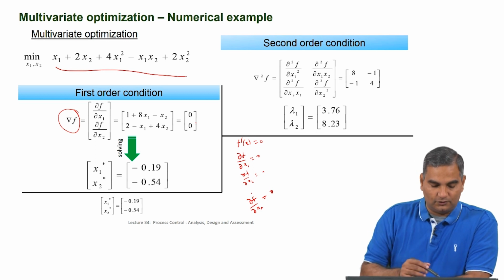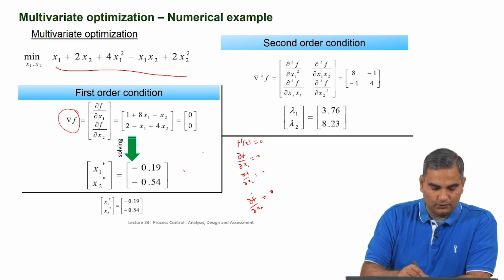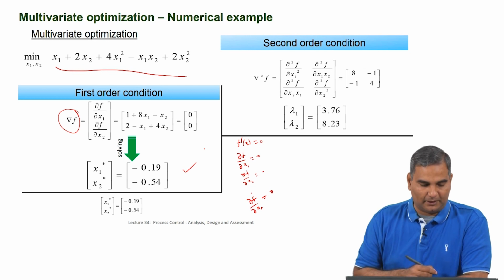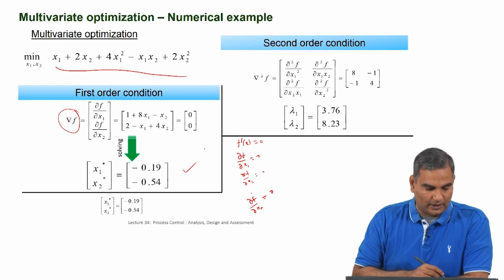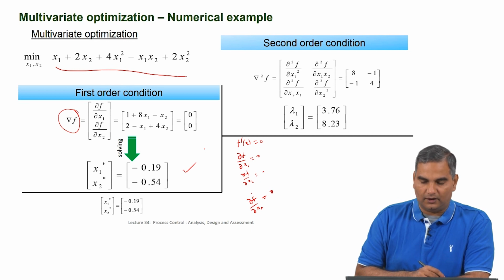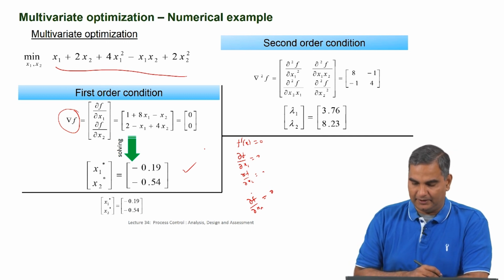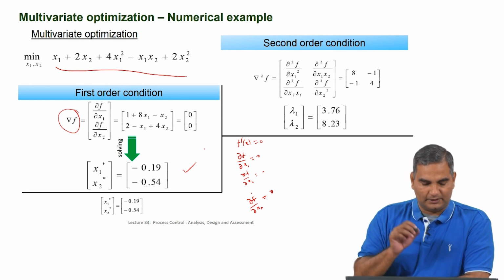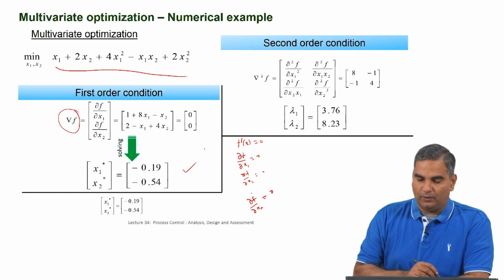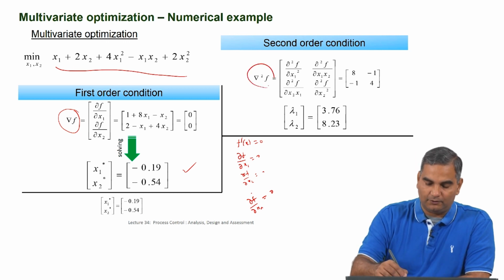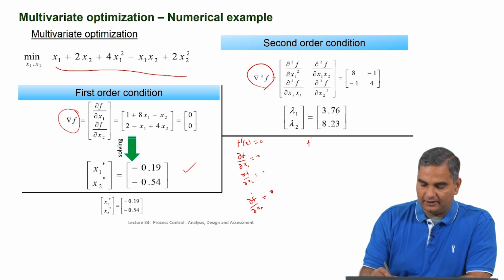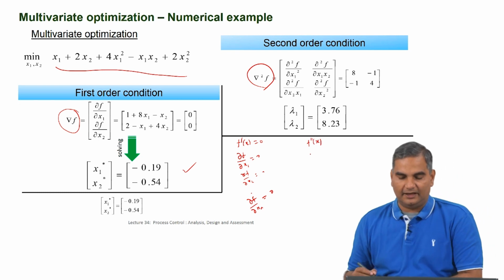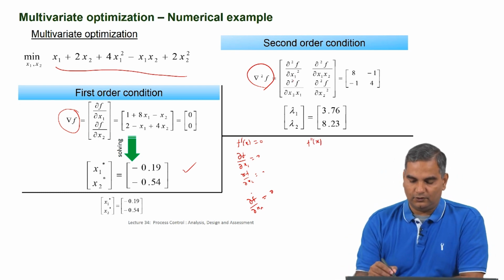Now, I have two equations, two variables, I solve this, there is only one solution I get, and this solution could be a maximum or minimum, which you identify by doing what is called a Hessian matrix. This is far above what we want to teach in this course, but I will quickly explain. In the one variable case we looked at f double prime of x; in this case we look at a matrix which is ∂²f/∂x1², ∂²f/∂x1∂x2, ∂²f/∂x2∂x1, ∂²f/∂x2².